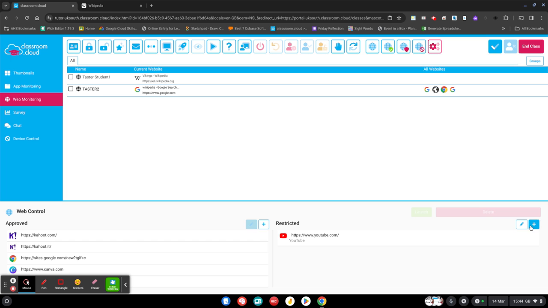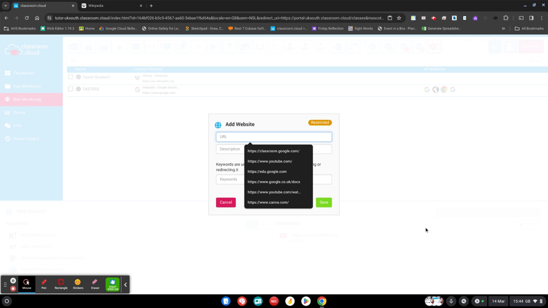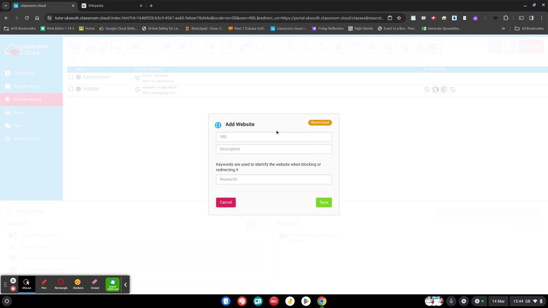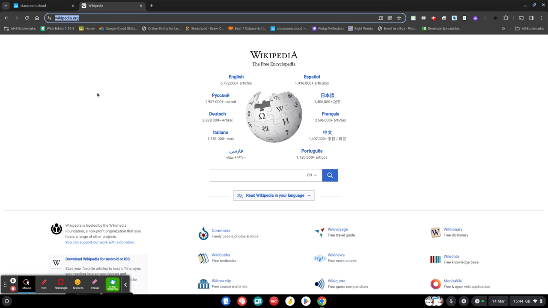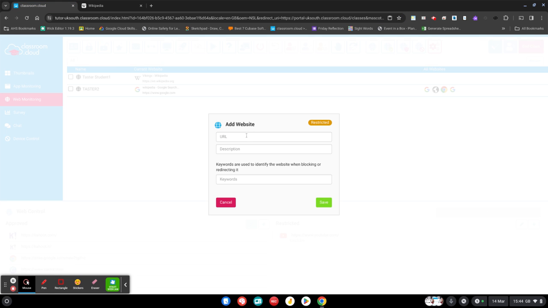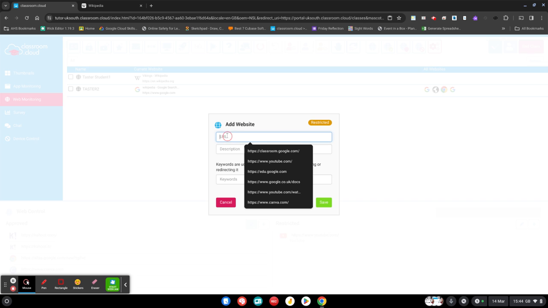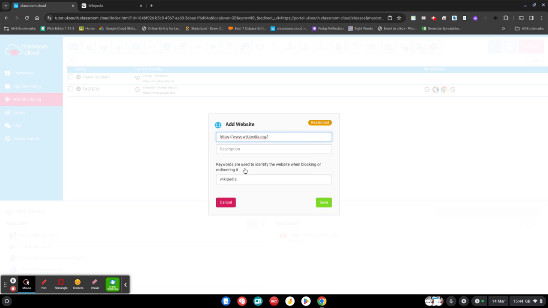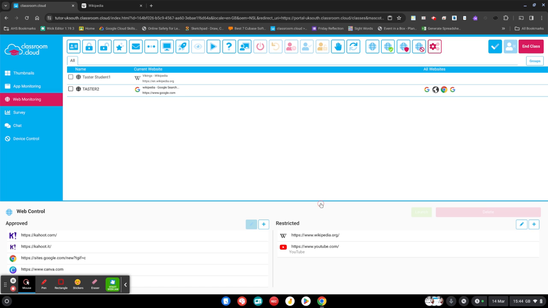To do that, I'm going to click on the little plus arrow down here, which will bring up my add website option menu. I'm going to go onto the website that I want blocked, in this case Wikipedia, and copy the URL. I'm going to come in here and just paste that in. Here we can see that it's going to block anything that involves www.wikipedia.org, and I'm going to press save. Now we can see this is added to the restricted list, so my current restricted list will be Wikipedia and